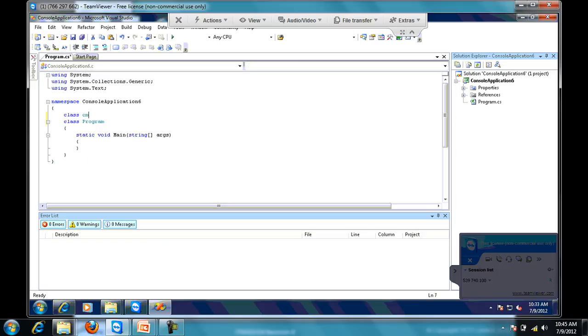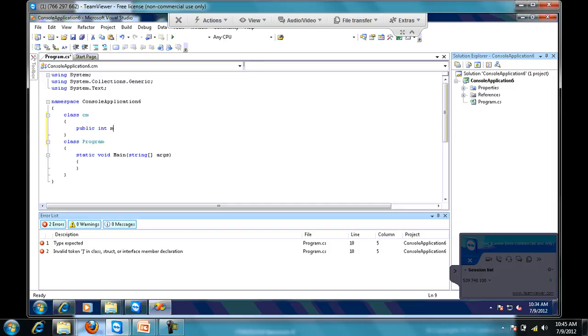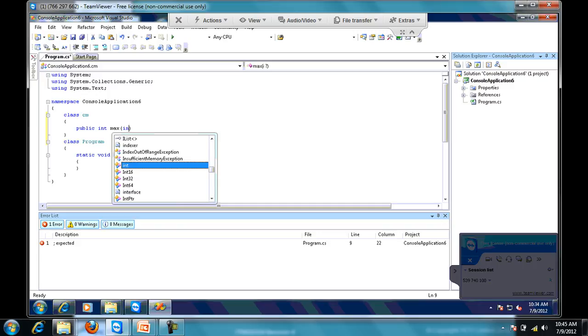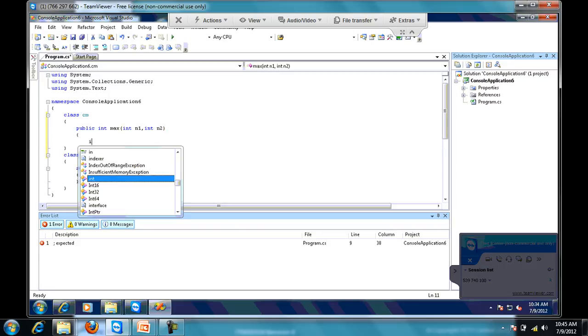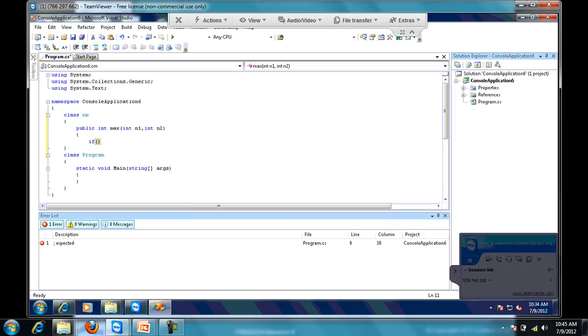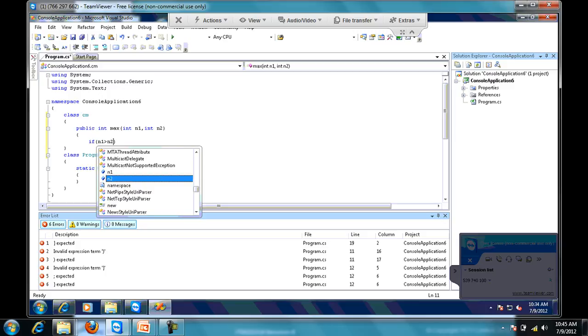Create class CM, and in this class first declare a function max of integer type, and the parameters are 2, both of integer type, n1 and n2. To find the maximum among them, I'll use an if statement. If n1 is greater than n2,